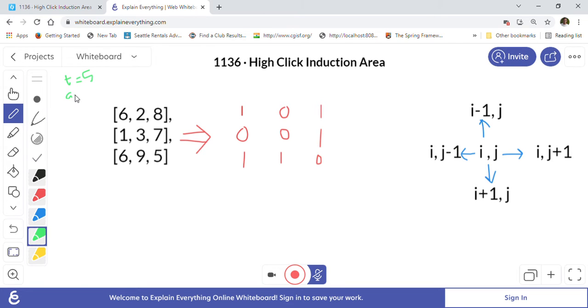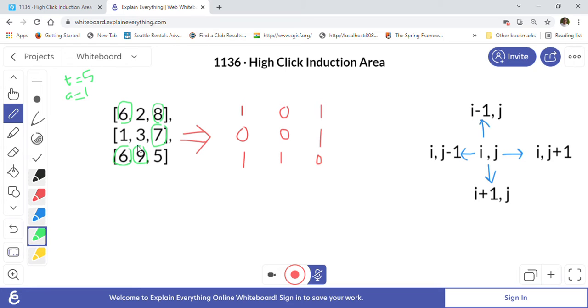What we have to find out is all the cells which are greater than 5, those are the high induction cells. For example, this cell, 6, is greater than 5. After that you can see 8 is greater than 5, then 7 is greater than 5, then 6 and 9 are also greater than 5.